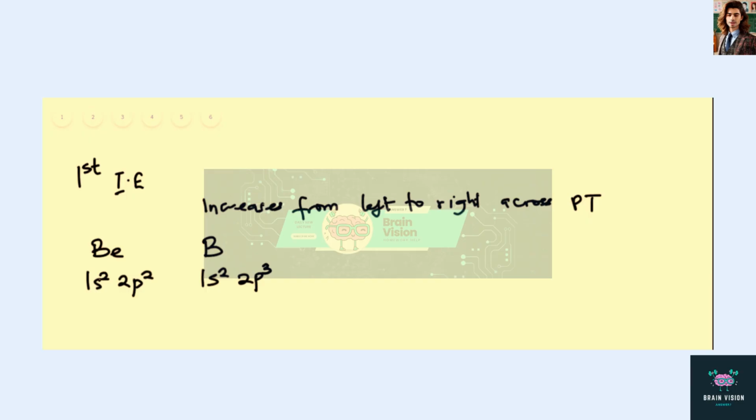Oh, sorry, I made a mistake in writing that electron configuration. So 1s2 and then 2s2. Then we'll have 1s2, 2s2, 2p1. So this is atomic number 5 and this is atomic number 4. Okay. So we expected the ionization energy to increase going from beryllium to boron, but what we observe is